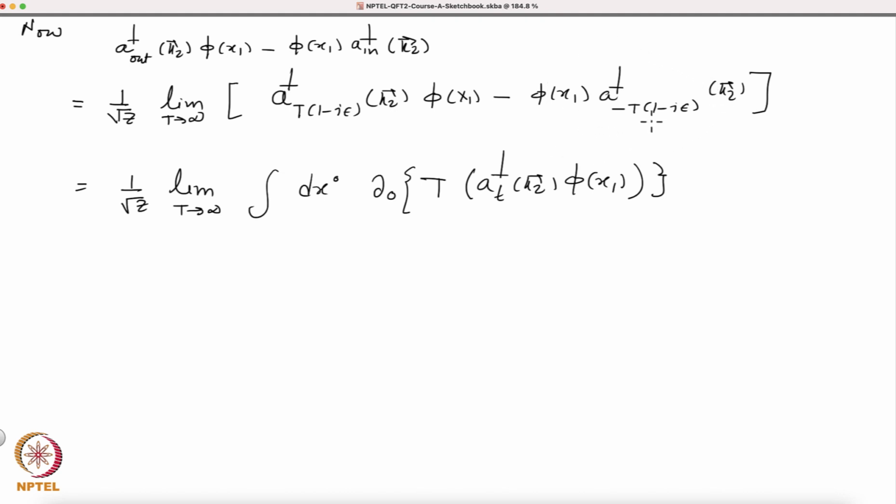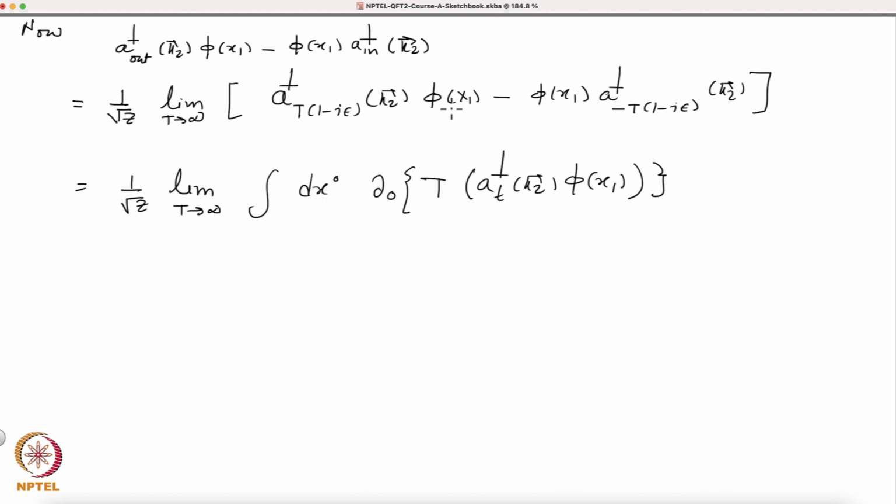The same story here. This operator, a dagger, is defined at minus t. It is a time which is smaller than the time here, phi of t1 x1, because this is some finite time. This operator is defined at some finite time, some t1, whatever that is larger than minus infinity, time t equal to minus infinity. So both the terms have